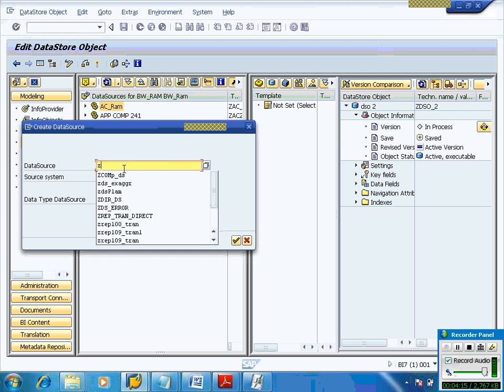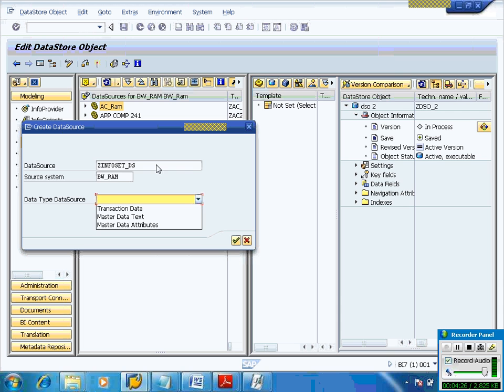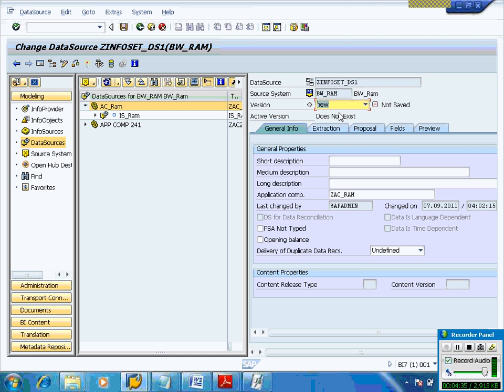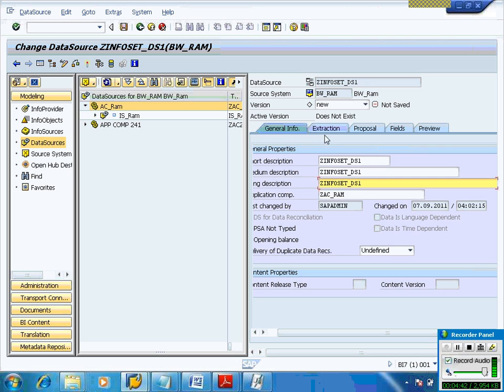I am creating the info set underscore DS, DS1, and data type, data source, transactional, with short, medium, and long description.